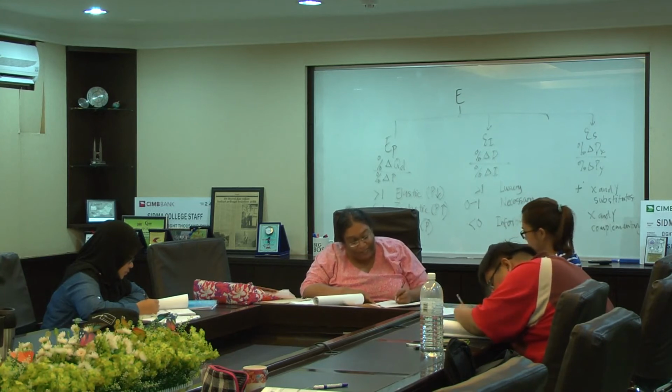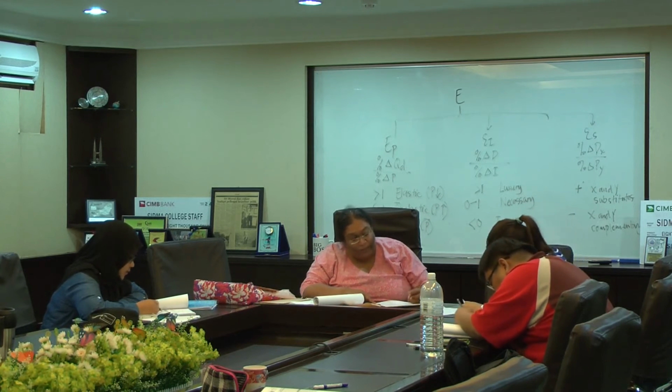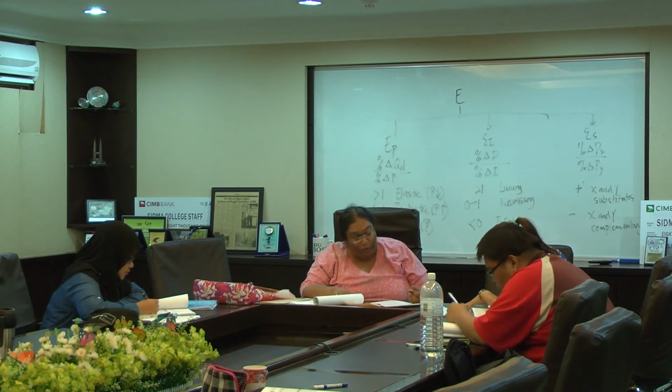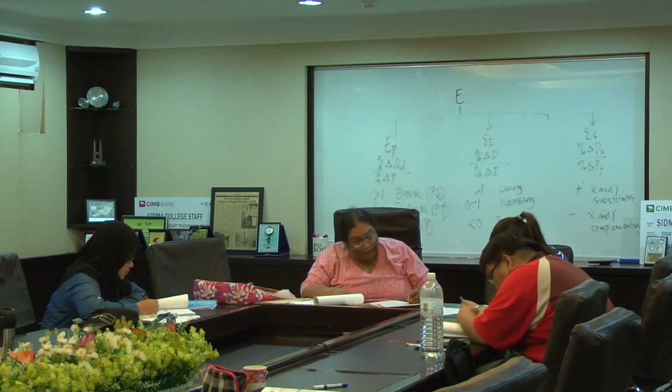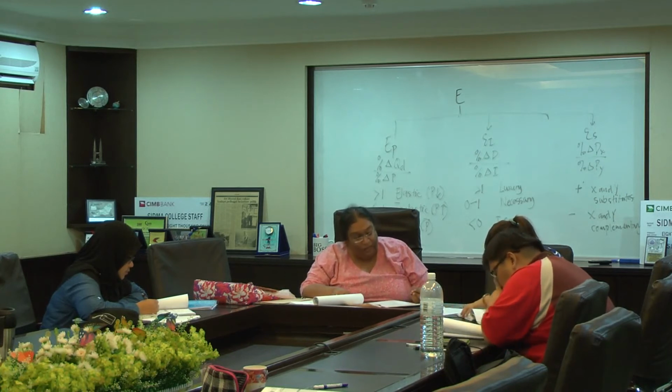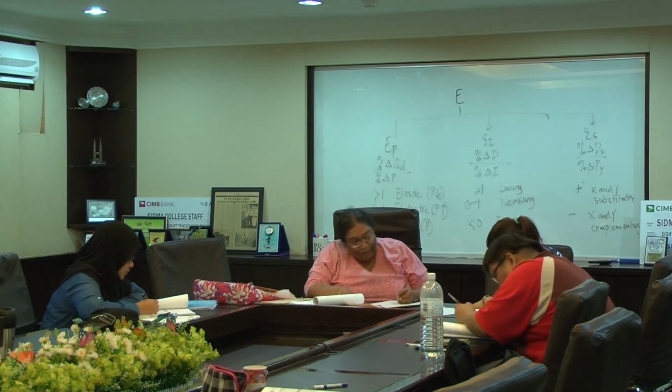When your price is at 7, you have 60 quantity demanded and 40 quantity supplied. You are having excess what? Demand or supply? Demand of how much? 20. When your price is at 8, your quantity demanded is 50, correct? And your quantity supplied is also 50. Do you have any excess? No excess. 0. So you know 8 is the equilibrium, correct? Okay, at price 9, quantity demanded 40, quantity supplied 60. So you have excess of what? Demand or supply? Supply of 20.